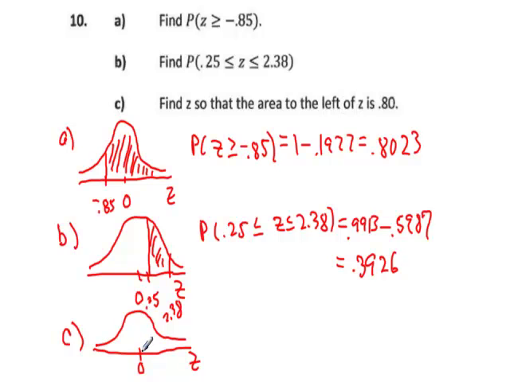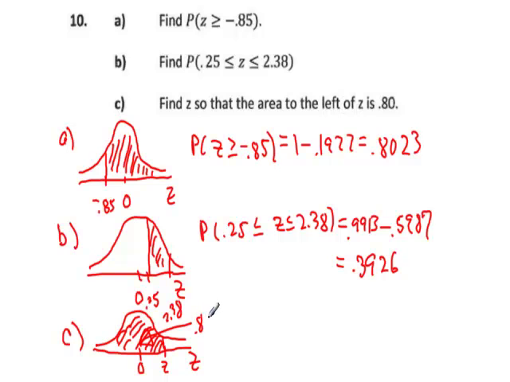And to the left of 0 is 0.5, half of the 1 probability that's under the whole curve. So to the left of the z value, that would give us an area of 0.80. That would bump it over to the right. So we're looking for exactly this z value so that the area in the left tail